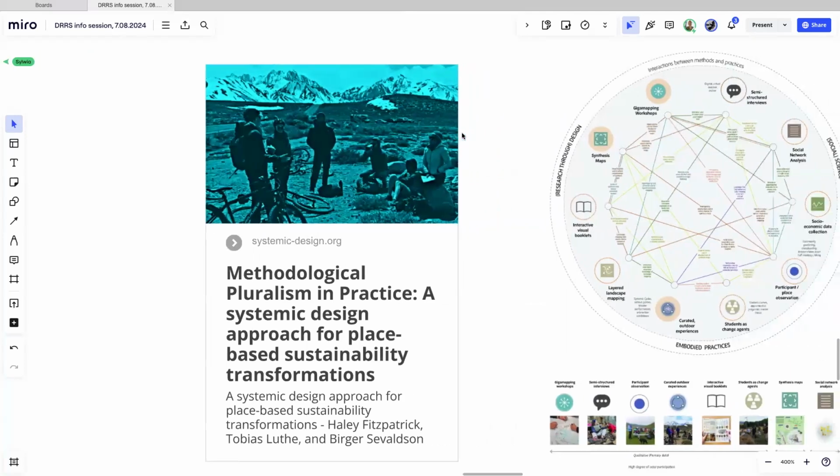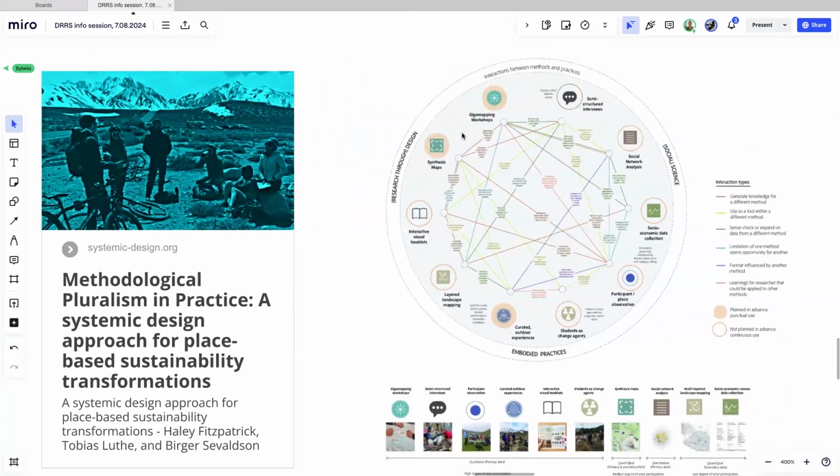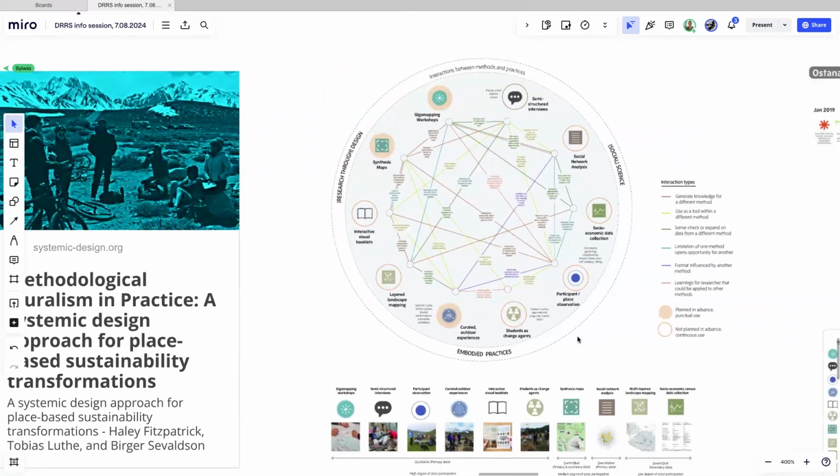And what Haley developed in her PhD is this kind of basic part between research through design, between science, social science focused, and embodied practices. And so Haley used very different methods from these different fields in her PhD, but it wasn't planned. It basically emerged. So she learned these methods basically on the fly while doing it, and she researched and analyzed how these methods relate with each other.